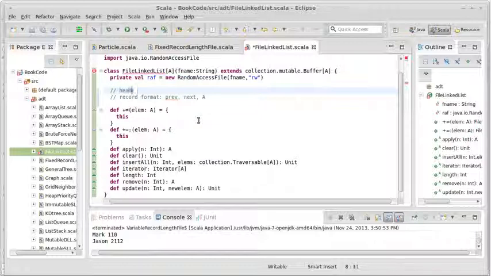So for my header, I want to put at the beginning of this file the value of the first thing that's free inside of the file. That is also just an integer, and so the format of our file is going to be this integer and then these two integers followed by an A, repeated over and over again